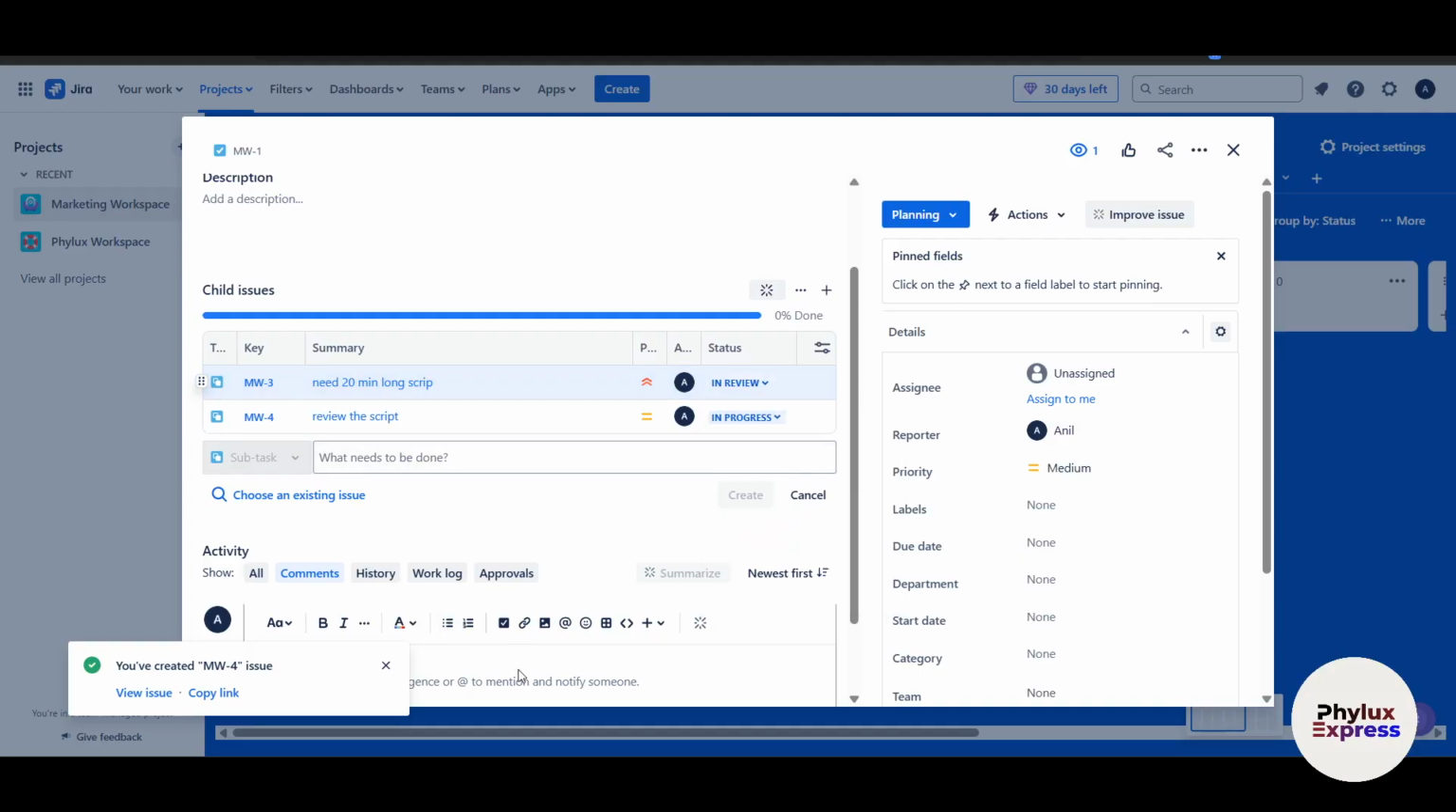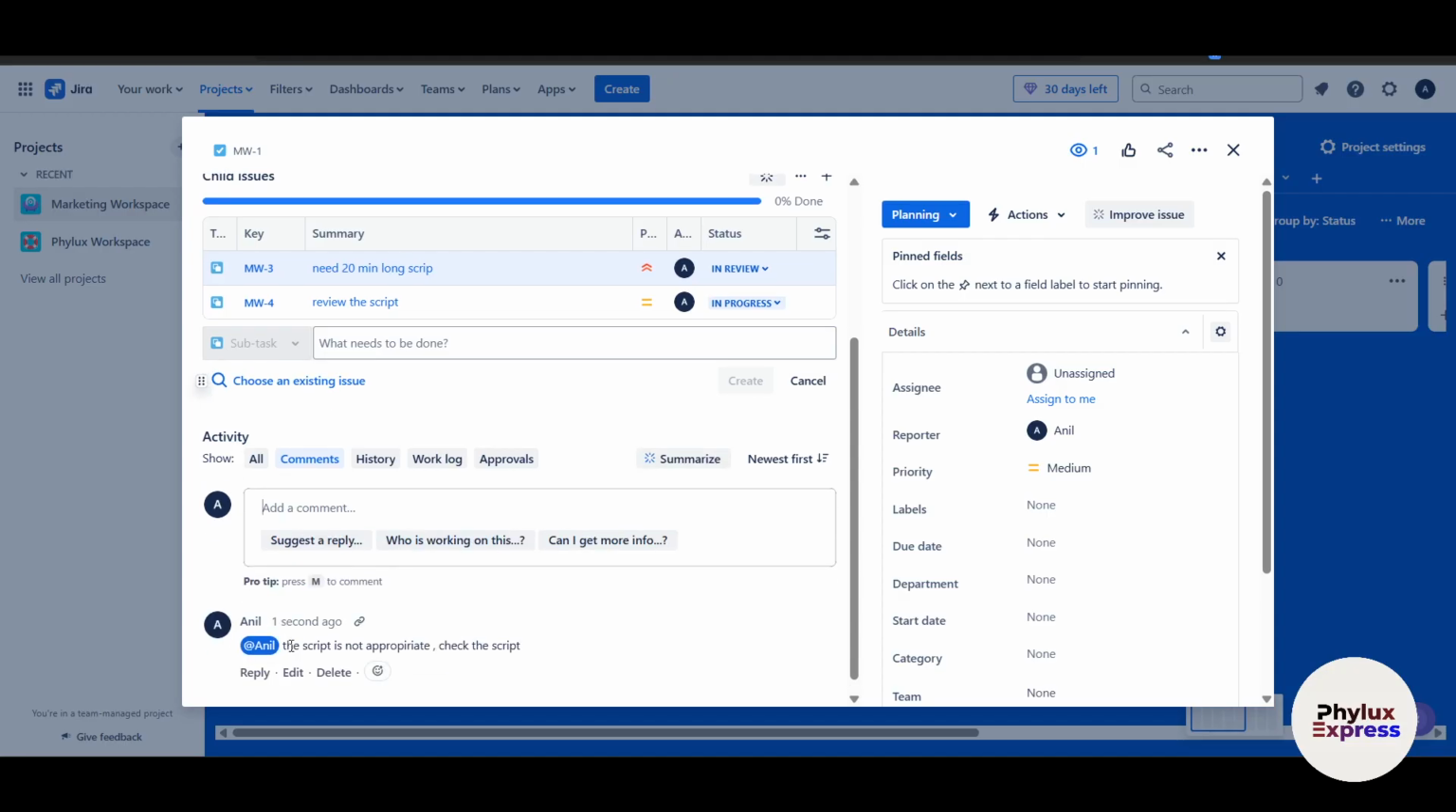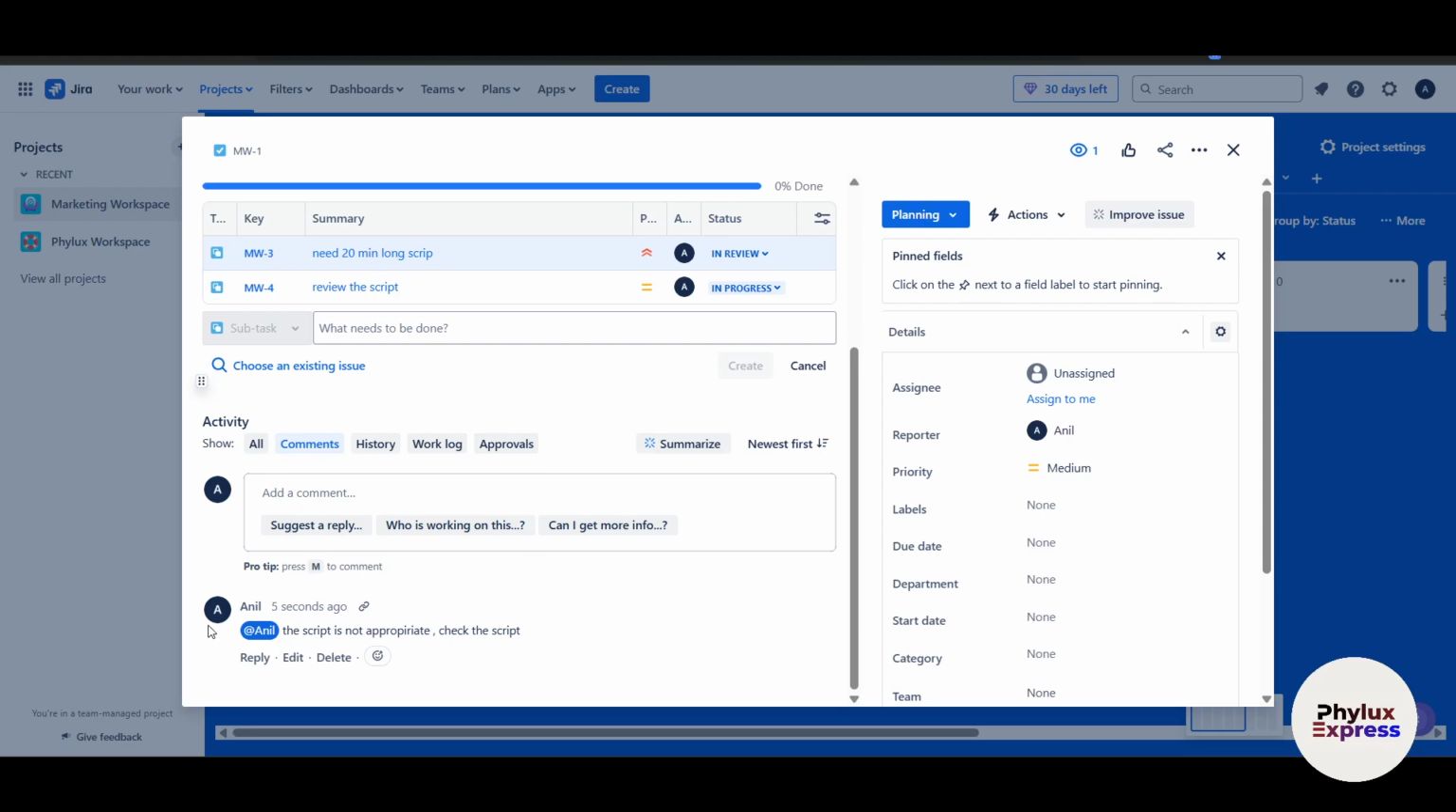And say Anil says, oh Ron, there are some issues in the script. The script is not appropriate. So how am I going to know it? I'm going to know it from the tag, right? So he can tag me. I'm the only one here in the workspace, that's why I will tag myself here, and right here, the script is not appropriate, and fix the, and I can just write here, check the script, click on save. Now what will happen, it will give me a notification